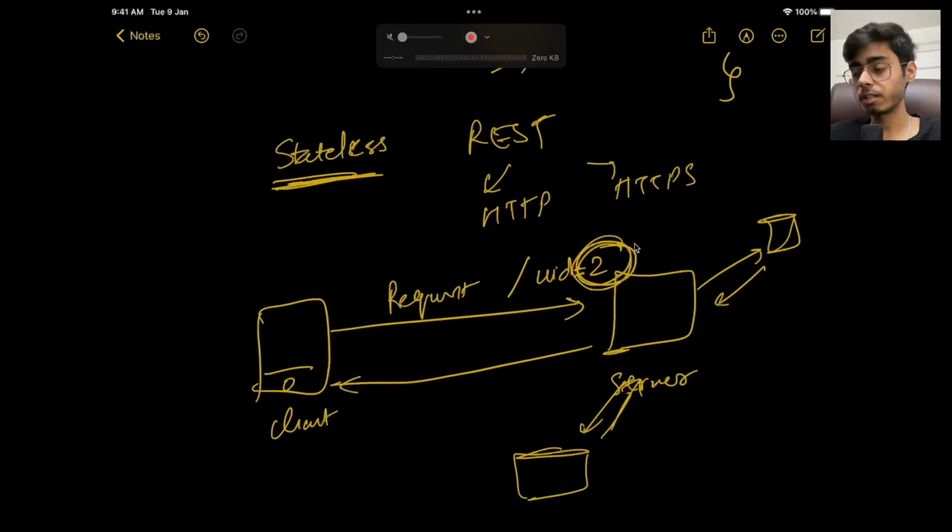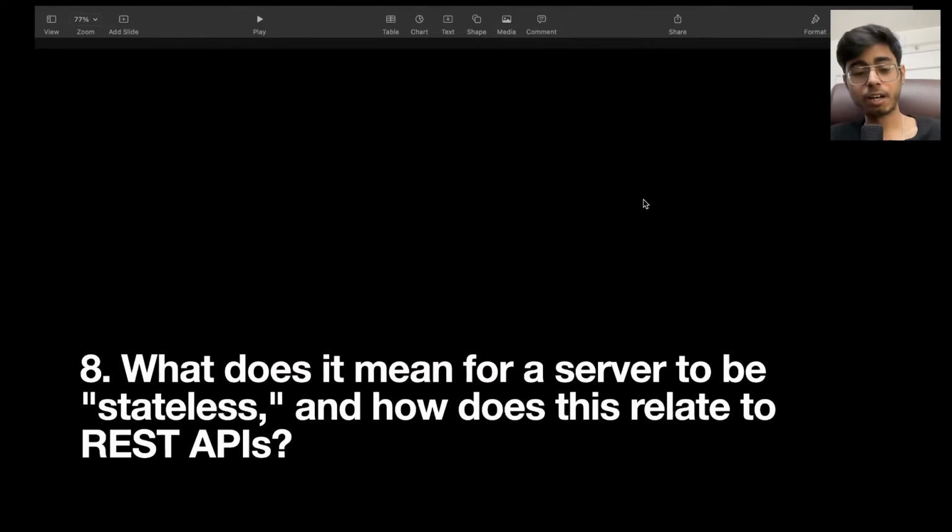Okay. Your data is not stored in the server. Your data is stored in the database. That is a different thing, right? So you cannot say that, hey, but my data is getting stored. That is not getting stored in the server. That is stored in the database. That's a whole different environment. That's a different world. Okay. Great. I hope now you understand what is stateless.